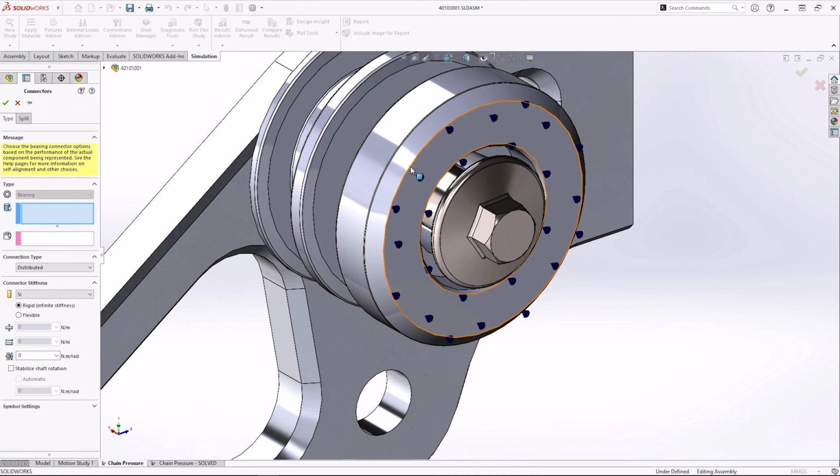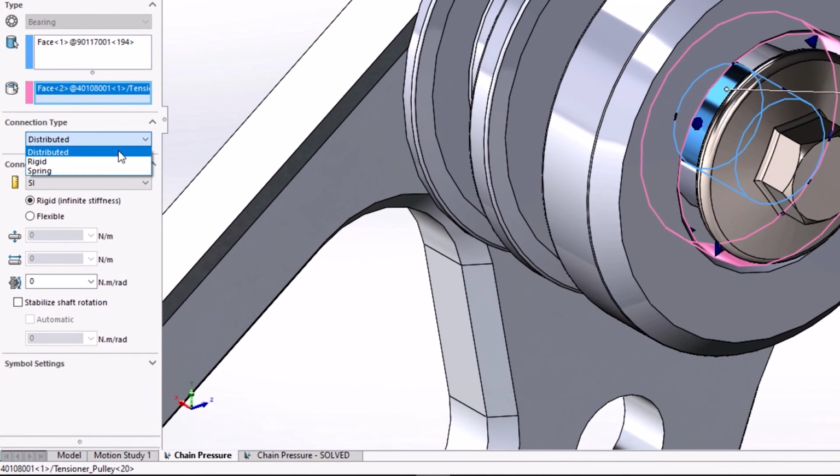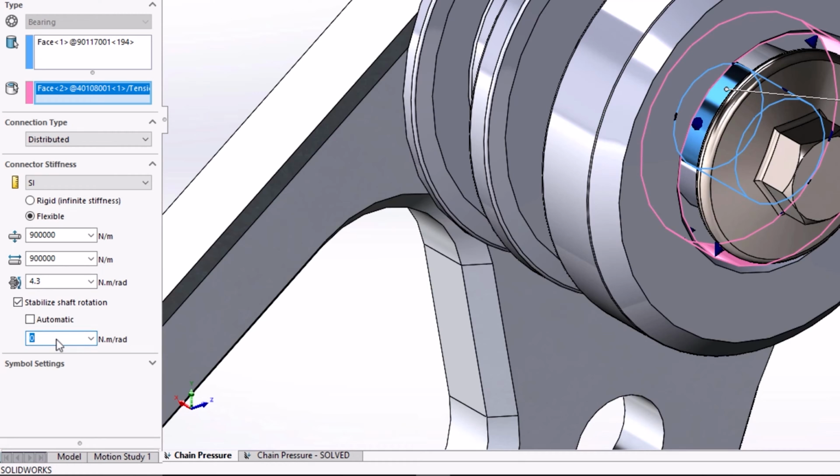We will choose the outer face of the shaft and the inner face of the housing to define the location. We can now choose the new option for distributed coupling. Distributed coupling allows for the faces of the attached bearing to deform, which delivers a more realistic representation of the bearing's behaviour. We will now add the lateral and axial stiffness of the bearing to define the new tilt stiffness. In 2024 is the ability to define torsional stiffness as well. In this final dialog box, we can also specify exactly how much the shaft is going to be stabilised.